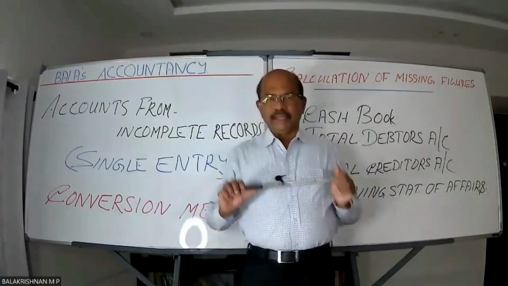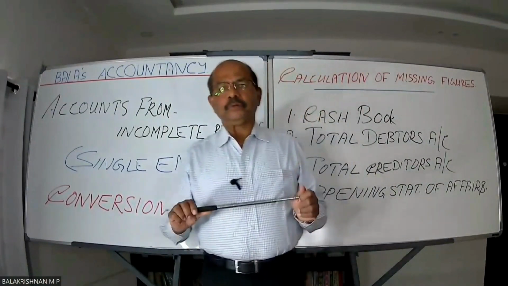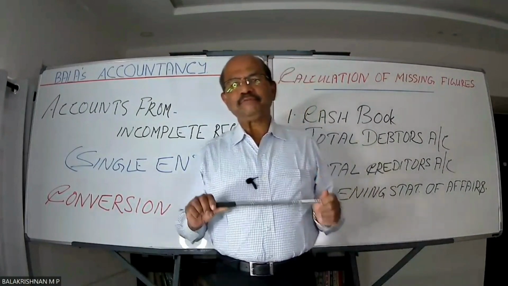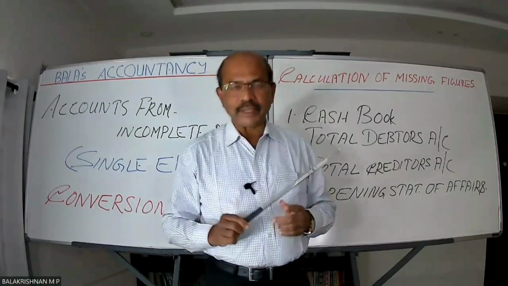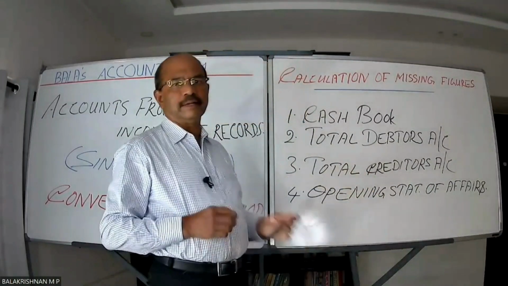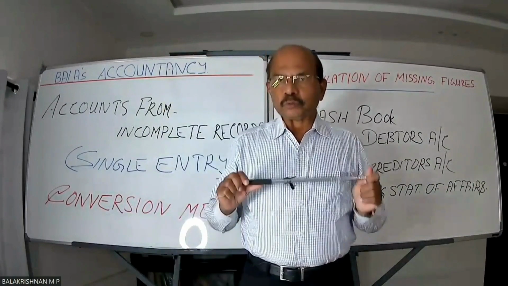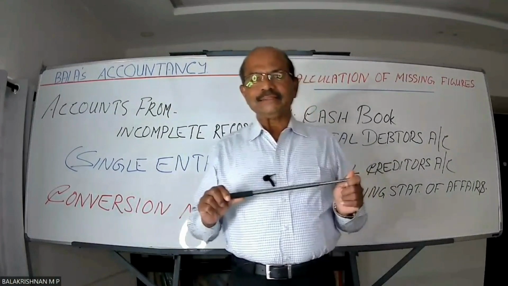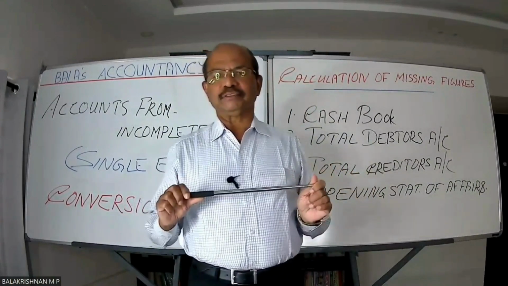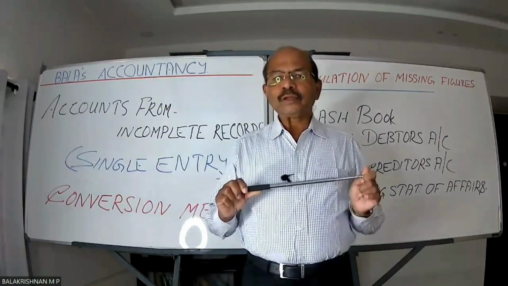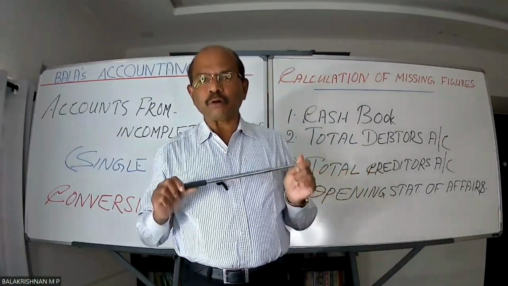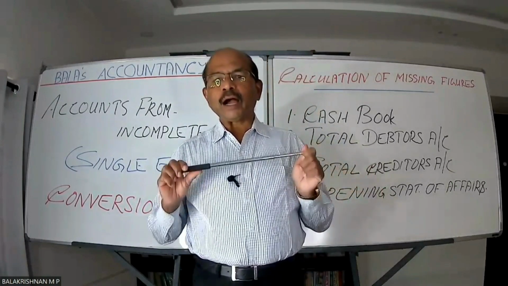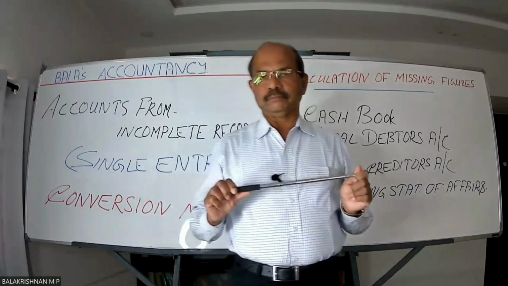In my sharing section of this video, I'll be giving you those usual items that appear in various ledgers. Please observe those items and practice as many sums as possible, so that each missing item will strike you very fast and you will be able to confidently close the relevant ledger also. In this way, you will nicely get used to how to approach a conversion method sum.